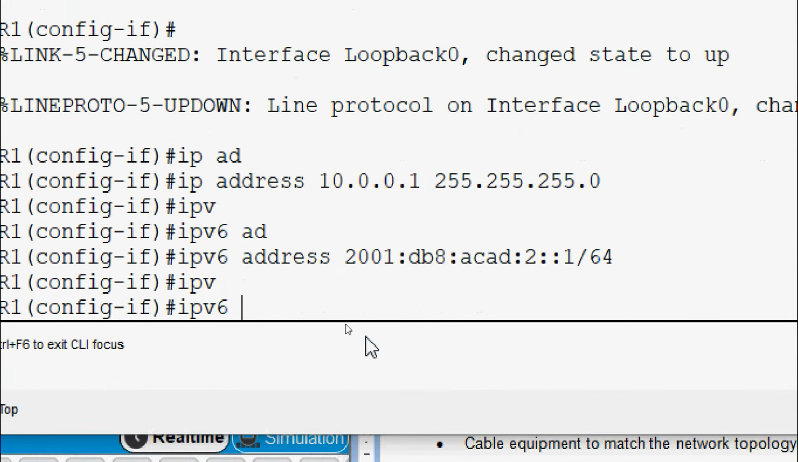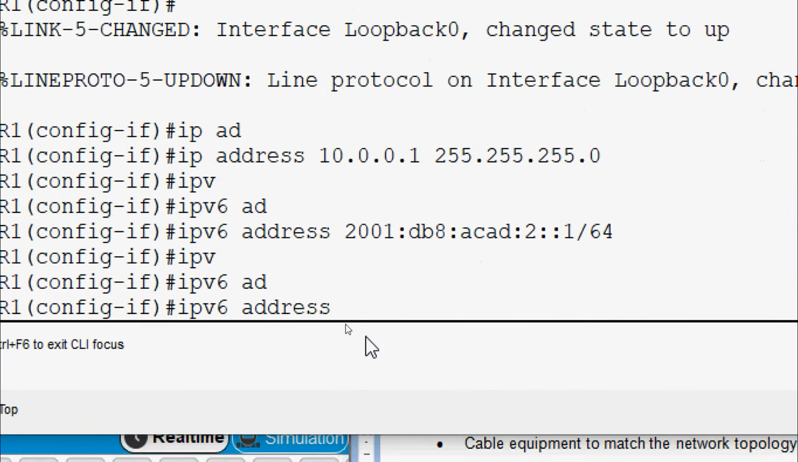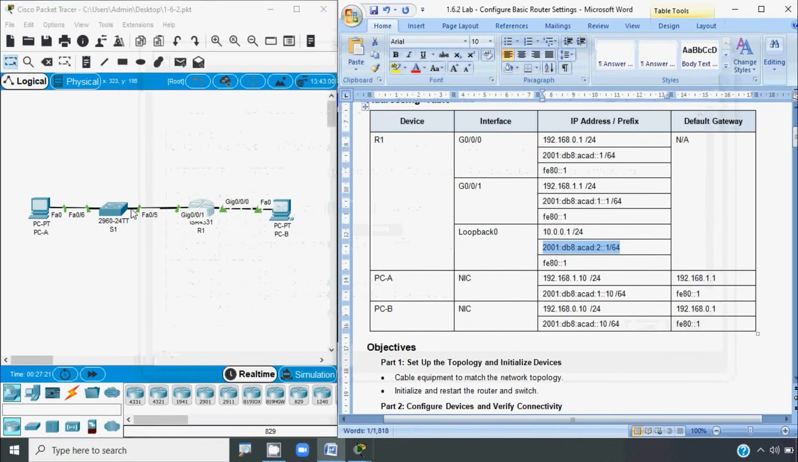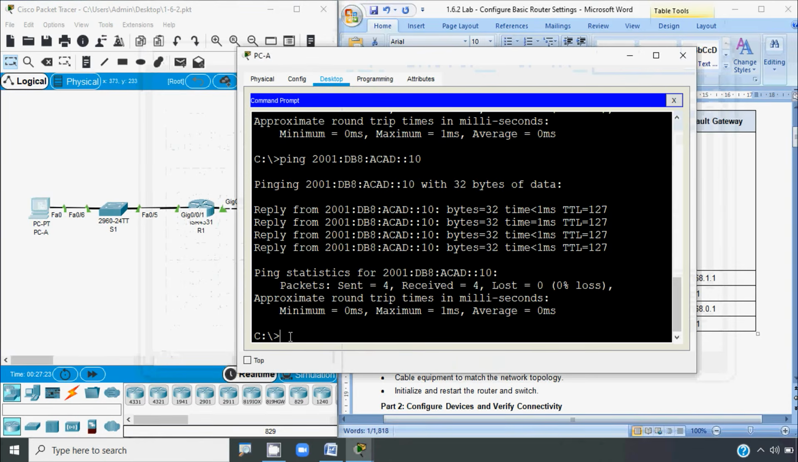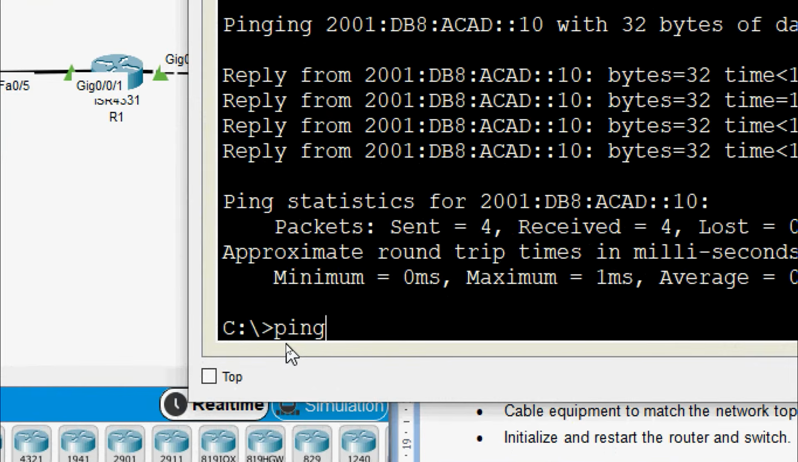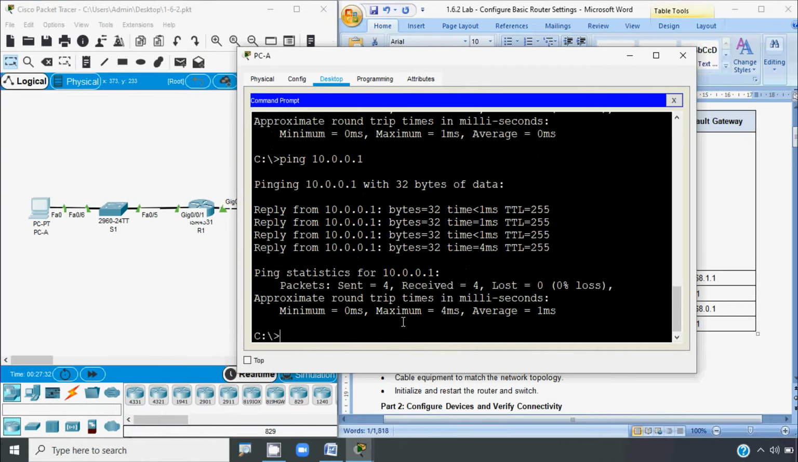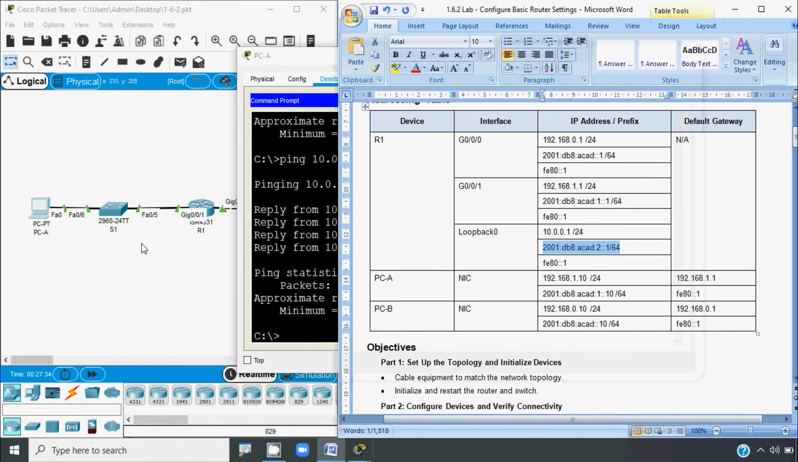Okay, also we will set its IPv6 address FE80::1 as link local. Okay, we're done. Now we will copy this loopback IP address. Then coming to PC-A, we will ping that loopback. Yes, it's working. Now we will try to access this router R1 using this PC-A